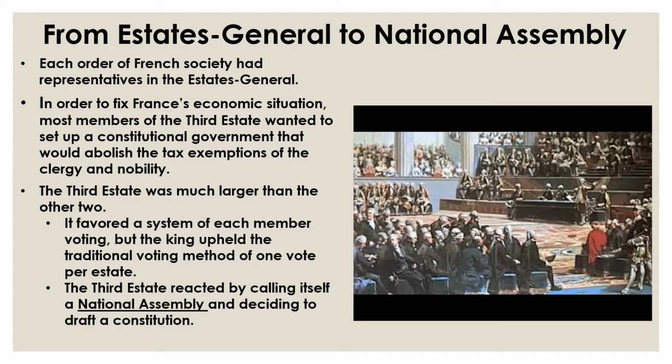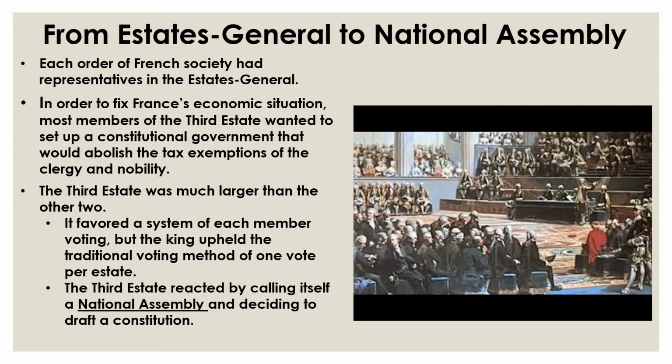Each order of French society had representatives that came to the meeting of the Estates General in Versailles. In order to fix France's economic situation, most members of the Third Estate wanted to set up a constitutional government that would abolish the tax exemptions of the clergy and the nobility and make it more equitable for all. They were not at this point talking about getting rid of the king, but perhaps establishing a constitutional monarchy like